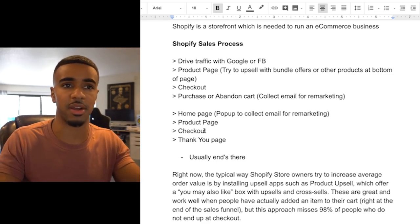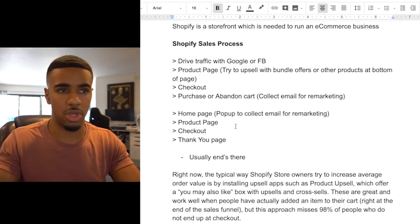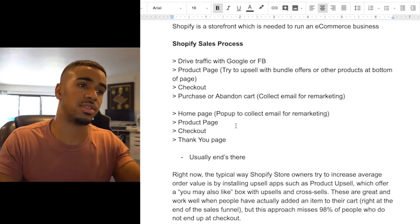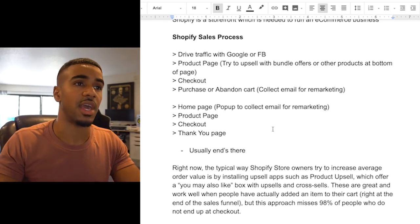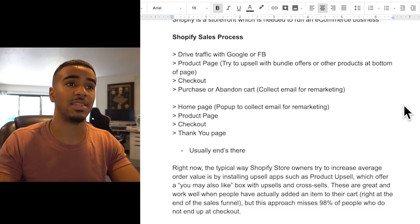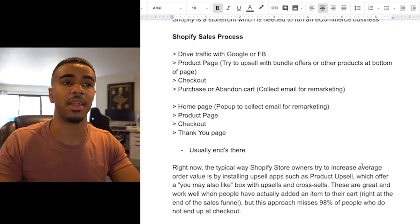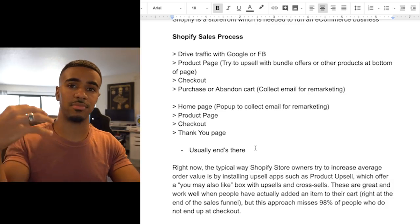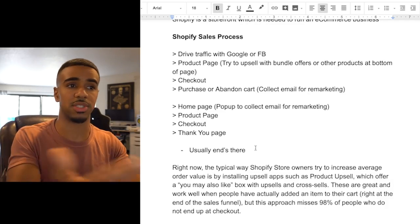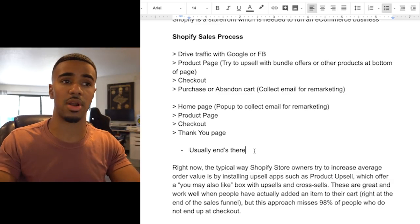If not, sometimes abandoned cart, and then obviously you'd have to follow back up with the customer with email sequences. But then from there, it's a thank you page, order confirmation page, just letting them know that their order is complete. And that's kind of the Shopify sales process that customers are going through. The only problem with that is that usually it ends up ending there, right? Obviously, for those of you guys that do utilize email marketing, you take it a step further and you follow back up with these customers. So for you guys, it doesn't end there,